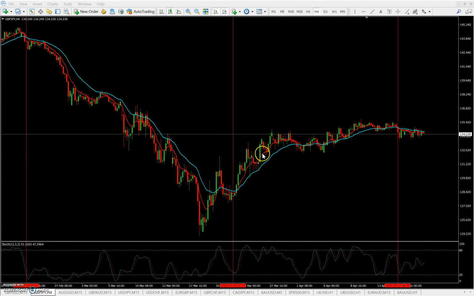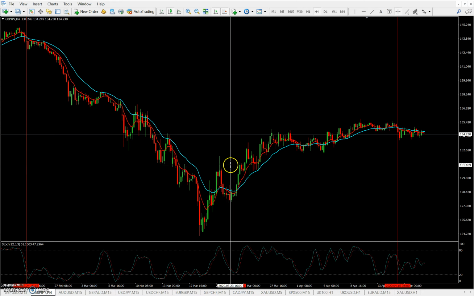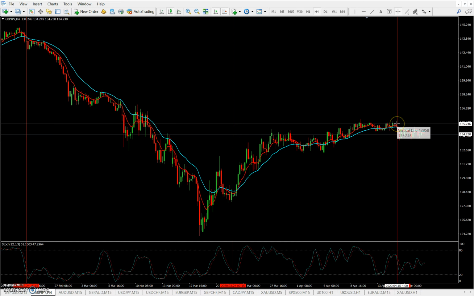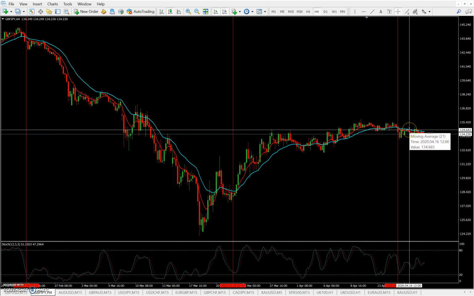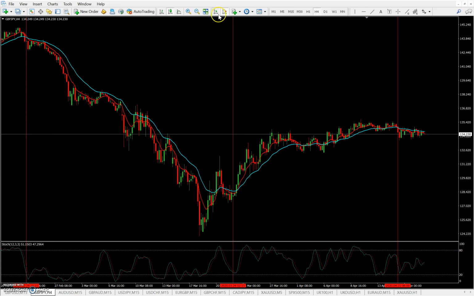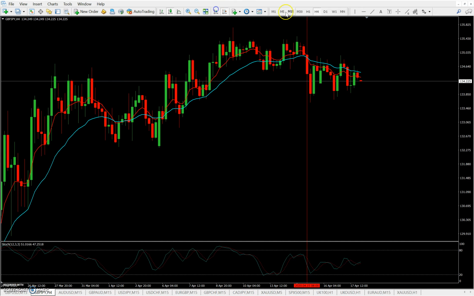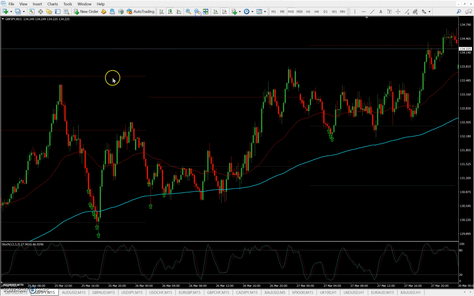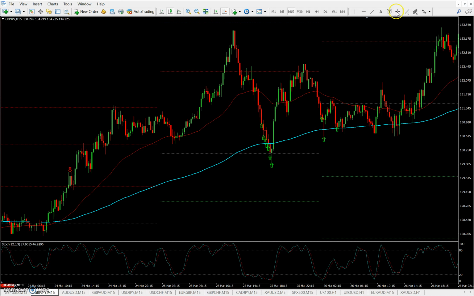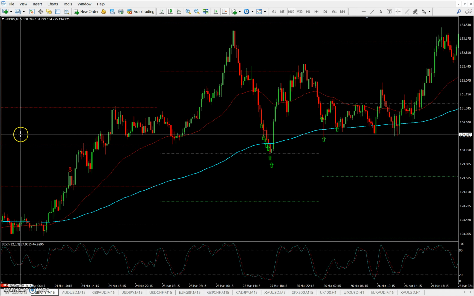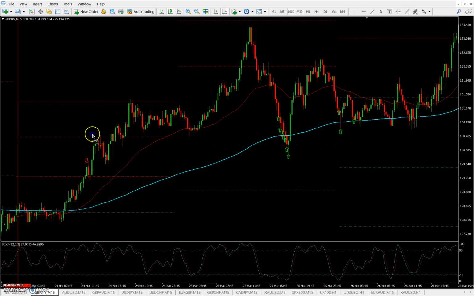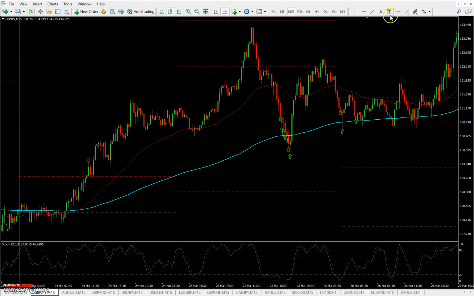Then we move into an uptrend on around about the 23rd of March. And then most recently on the 15th of April, we moved into a downtrend again. If we just drop down to the 15-minute chart, where are we? This is the 24th of March, so we are currently in an uptrend. In an uptrend, we only want to be taking buys, and in a downtrend, we only want to be taking